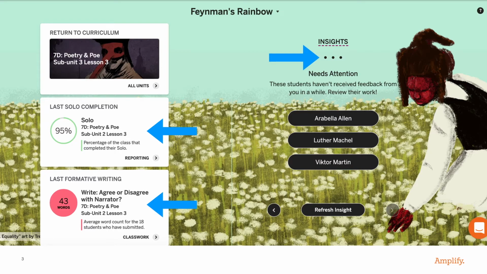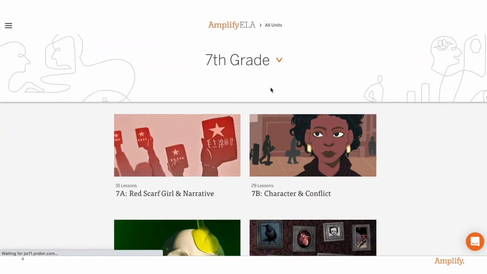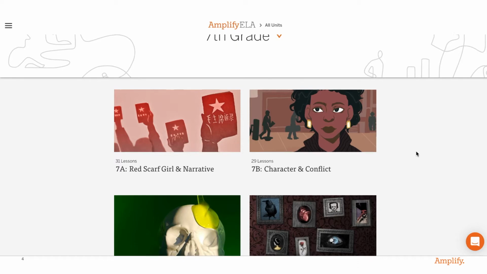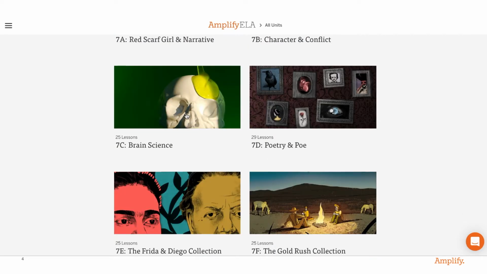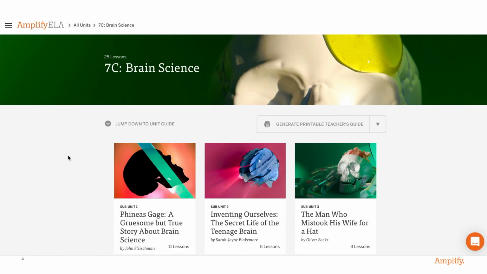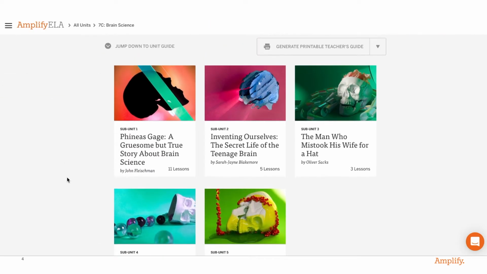To navigate to the curriculum, click on Return to Curriculum, that section at the top of the home screen. Inside the curriculum, click the drop-down arrow to navigate to your grade level. From your grade level home screen, you can access all 6 core instructional units. When you click on a core unit, you can access all of the subunits as well as a repository of